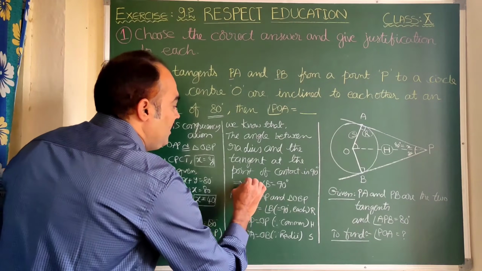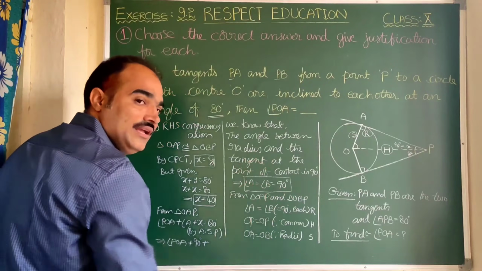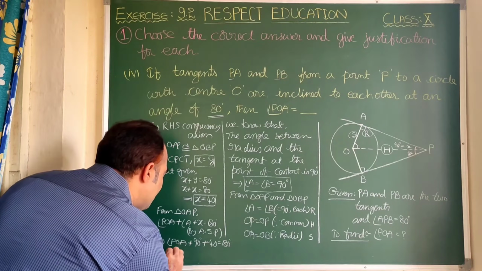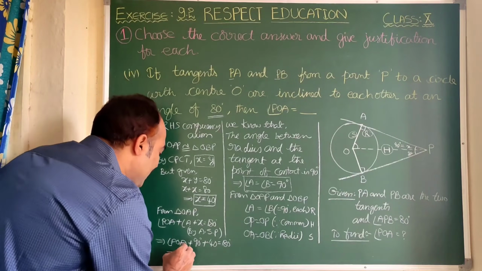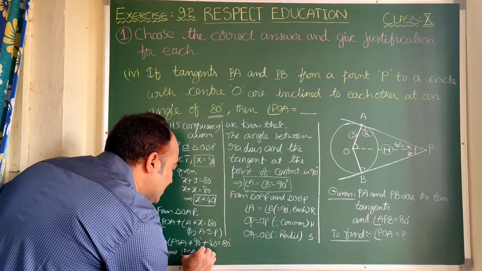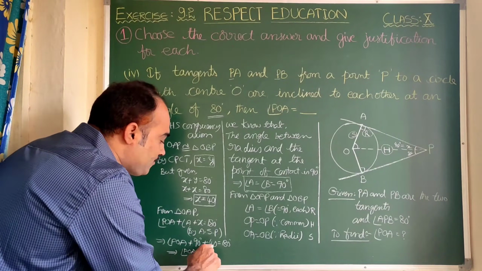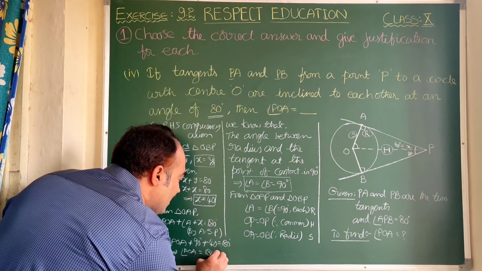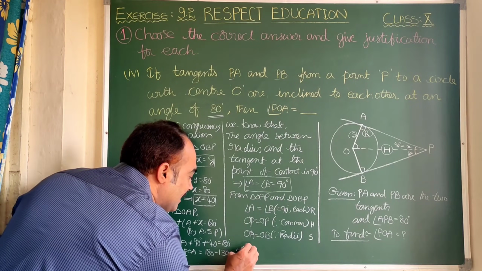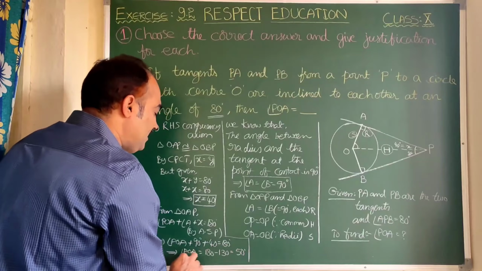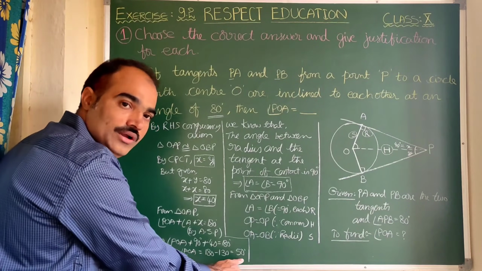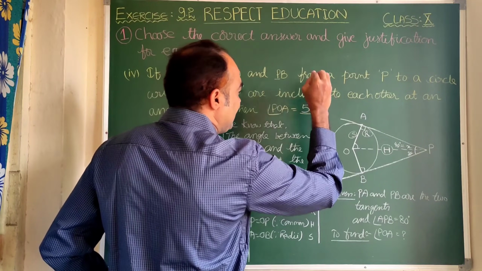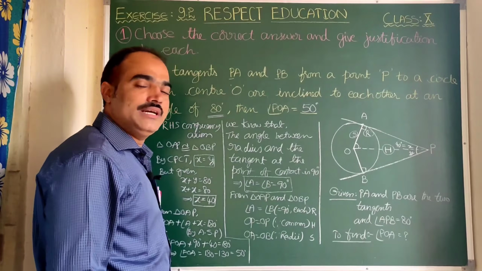See here, we have written angle A equal to 90 degrees. We are going to use it now. And X is equal to 40 degrees, is equal to 180. So on simplification we get angle POA is equal to 180 minus 130, since 90 plus 40 is 130. 180 minus 130 is nothing but 50 degrees. So here we got angle POA is equal to 50 degrees. Let us see the question. Angle POA is how much? That is 50 degrees. So with this fourth bit gets completed.